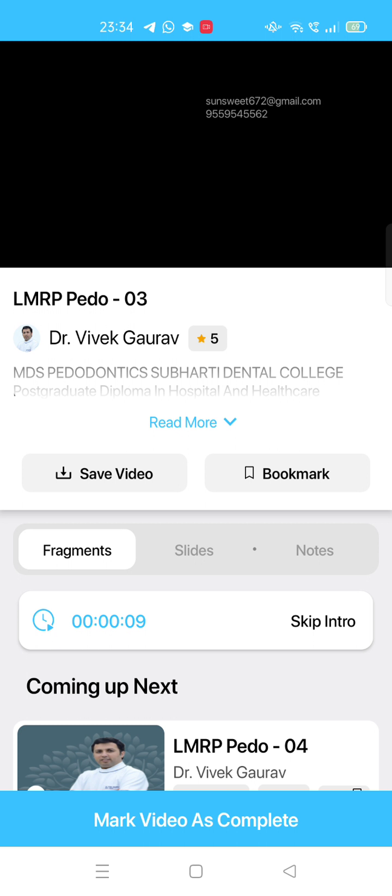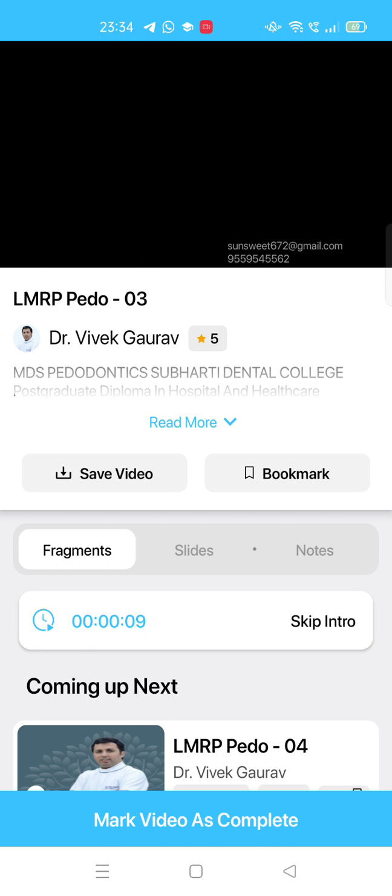And another important thing regarding the permanent teeth, it is said that if the extent of the intrusion is greater than 7 mm, then the prognosis is poor in those cases. So one should not wait for the tooth to re-erupt on its own. And the time taken by the permanent teeth to re-erupt on their own in the oral cavity is generally around 3 months. So these are the important things that one should remember for the case of intrusive luxation in the primary as well as the permanent teeth.